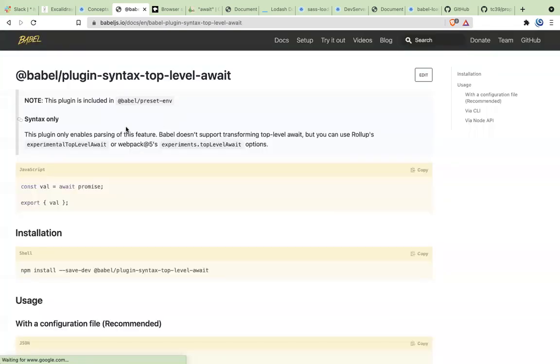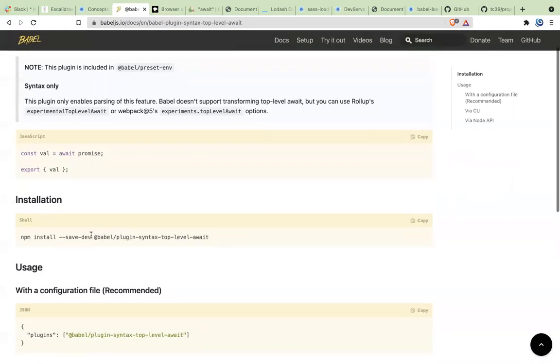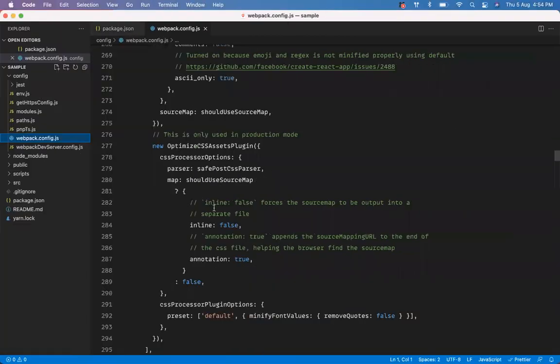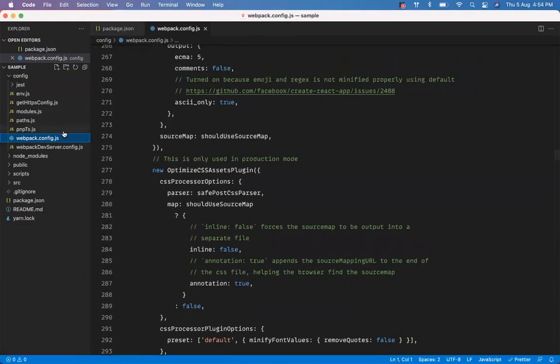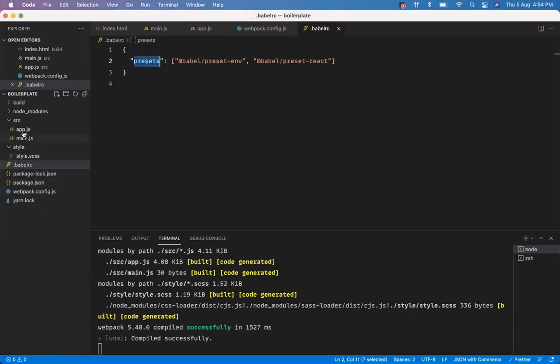So I can just go ahead and add this property here. What if I just say await a promise directly on the top? I don't have to put it inside anything, I just want to put it on top.